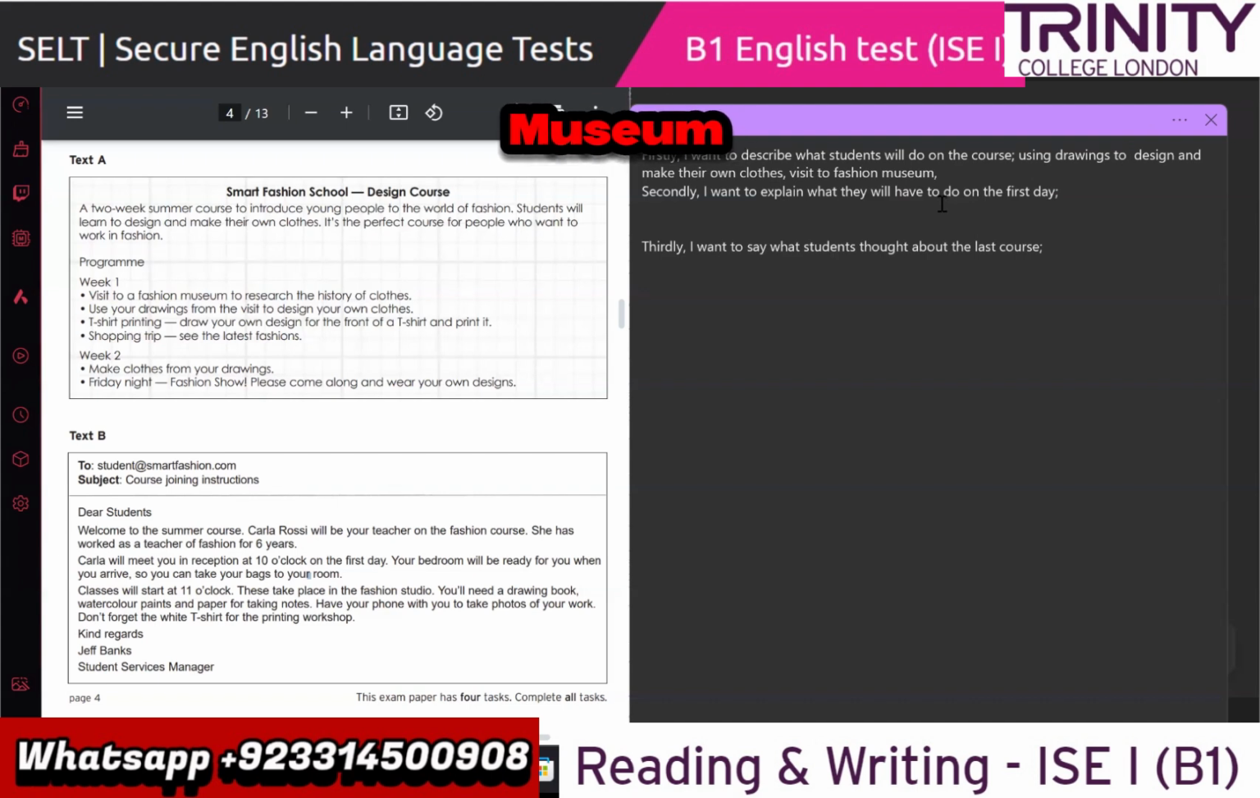Visit the fashion museum. T-shirt printing. And shopping trips. Giving information fully also, isn't it a part of the text? Yes, it is. You must give information fully and appropriately. Shopping trips,